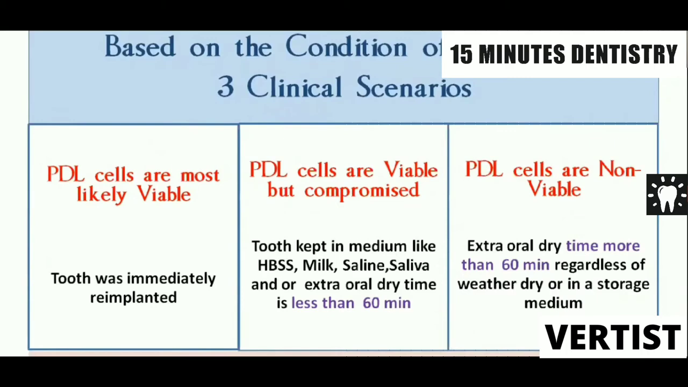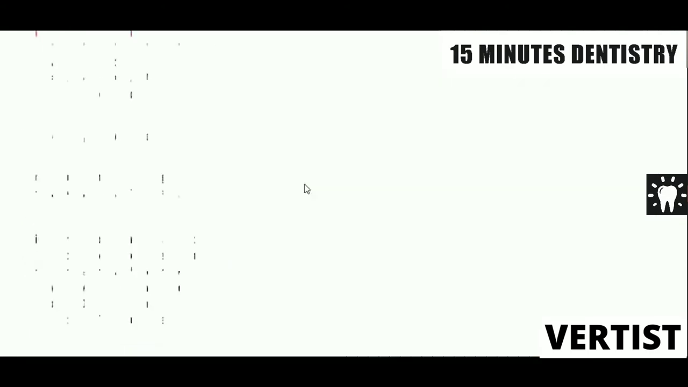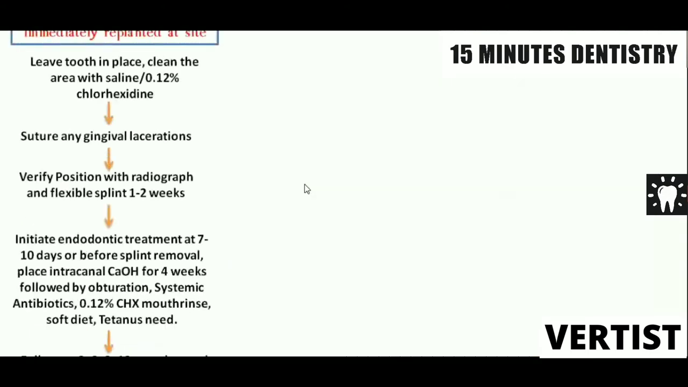So based on these three clinical scenarios and whether the tooth has an open apex or a closed apex, we'll have 6 possible scenarios, 3 with closed apex and 3 with open apex. We'll discuss the closed apex scenarios first, and then we'll move on to the scenarios with open apex and how to manage them. So the first scenario which we have is the closed apex tooth which was replanted immediately